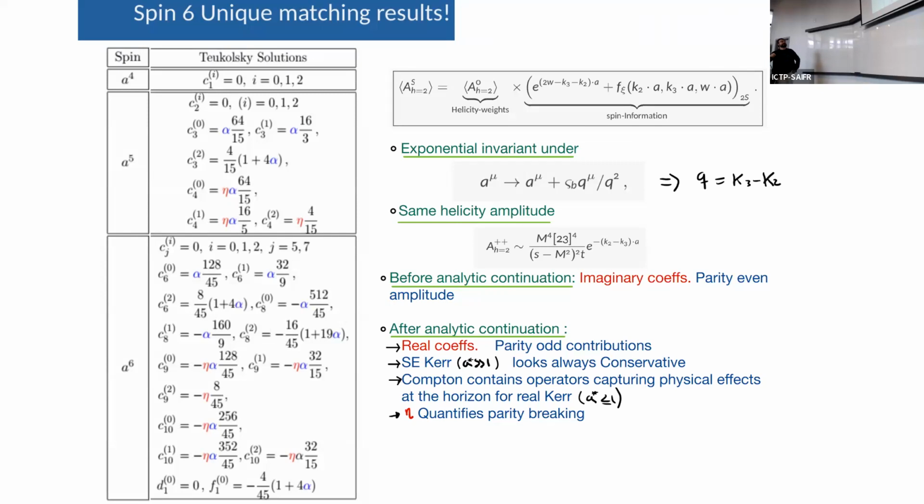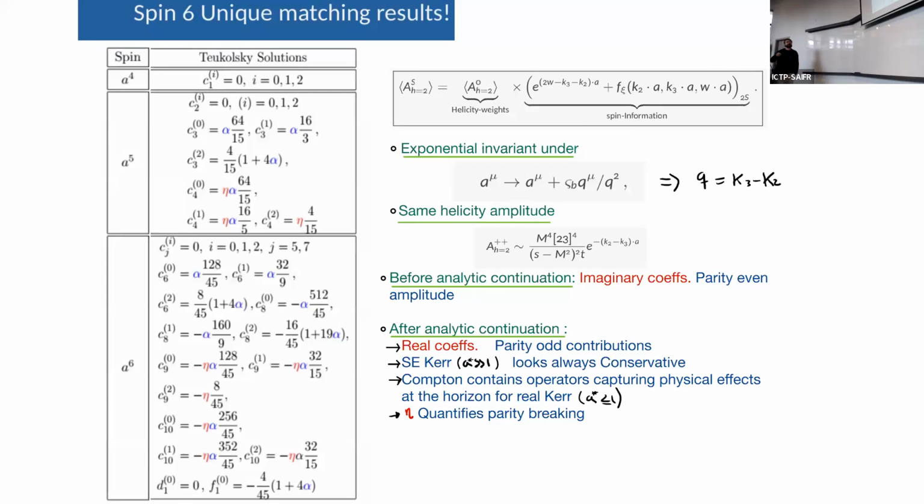You can find the result at fifth and sixth order in spin, and these are given by these numbers. This alpha parameter captures the following: up to spin to the fourth, the black hole perturbation theory solutions are just polynomials, whereas at spin to the five you start finding non-rational functions. The alpha parameter tracks the contribution from these non-rational functions, and also the contribution from the imaginary part of those rational functions. So these will capture absorptive effects at the horizon, and the other ones will capture the rest.